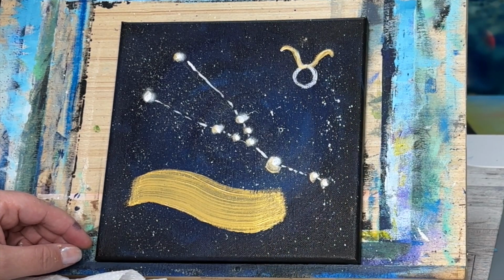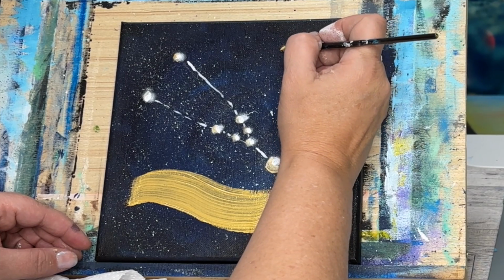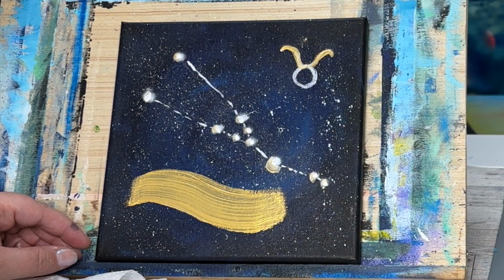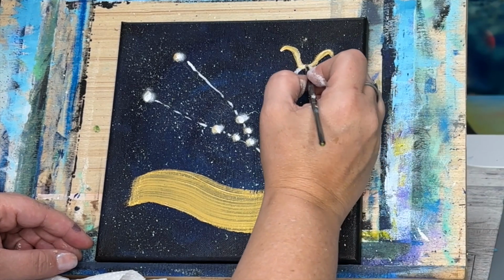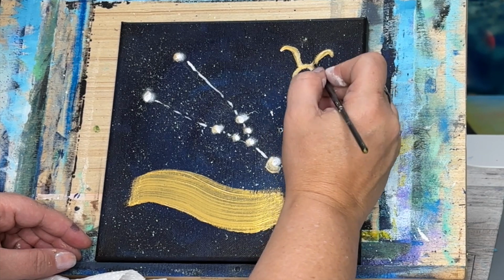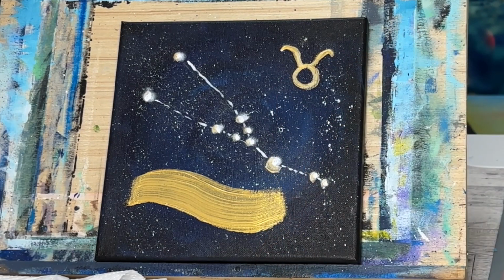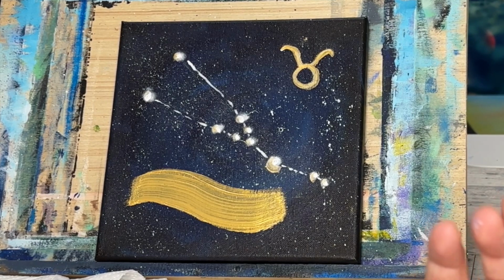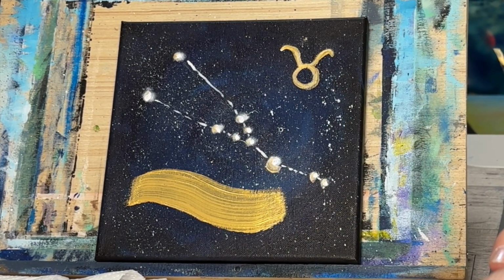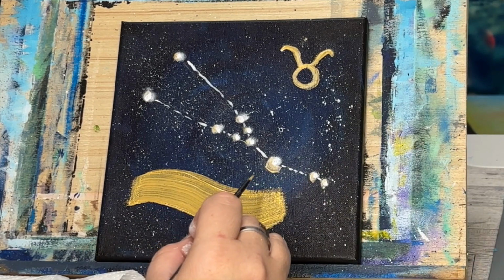And you can even wait for this layer to dry and then even add another one. Again, roll that brush. It'll help you keep the sharp, pointed edge. And then the lighter touch gives you the thinner lines. Look how awesome. This is great. Look how awesome that is. All right. Now,